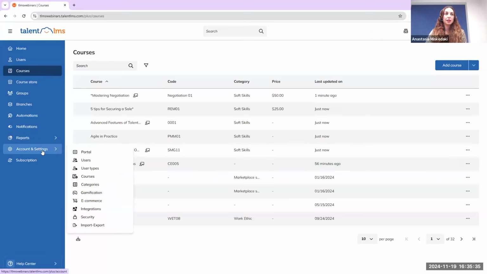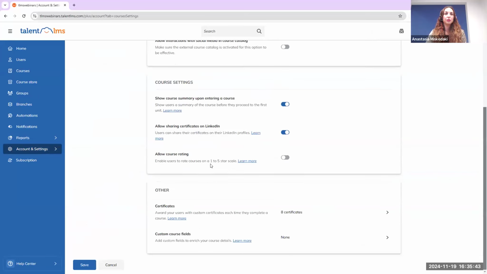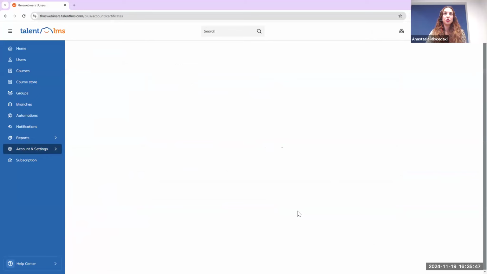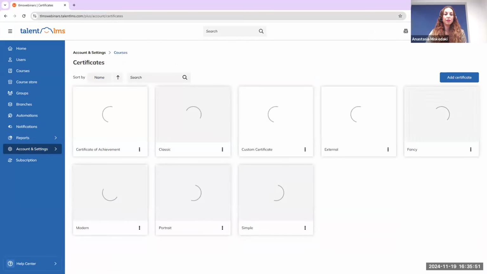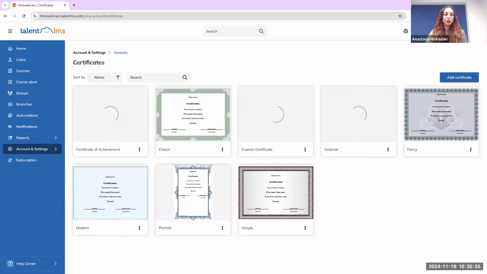To create a new certificate, just go to Account and Settings and select the Courses option. Scroll down, and you will find here the Certificates section. As soon as you click, you will find all the available certificates that we have ready for you to use. But of course, if you would like to